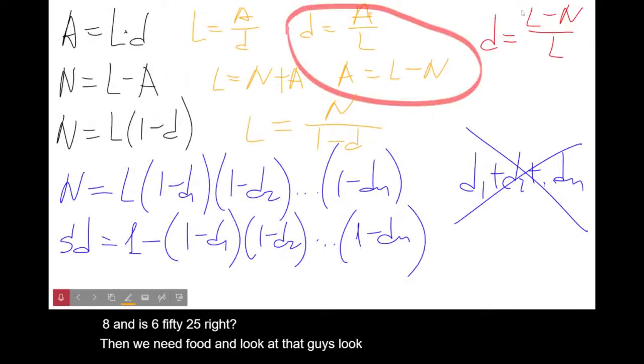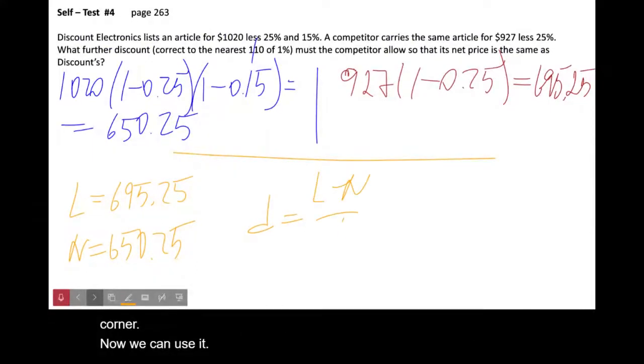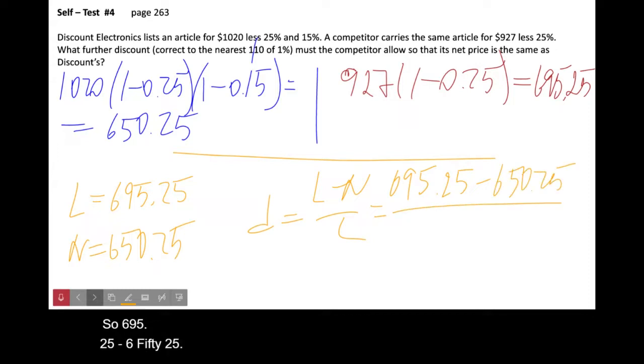Look at this beautiful formula in the corner. Now we can use it. L minus N over L. So 695.25 minus 650.25 over 695.25. So D is, let's see,